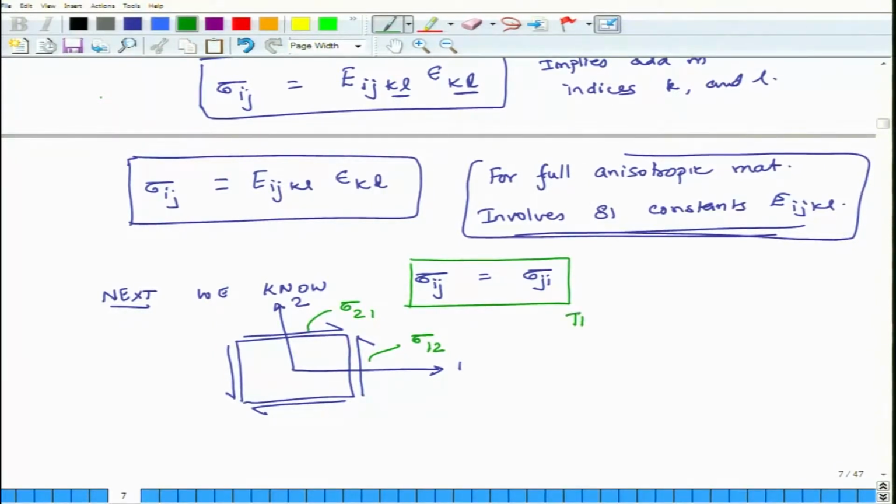This is true from Newton's laws of moment equilibrium. So, if you go back to your solid mechanics books, you will see that there is a proof that if we apply Newton's laws of moment equilibrium on this body, if the body is in equilibrium, then sigma 2 1 and sigma 1 2 they have to be equal to each other, they have to be identically equal as long as